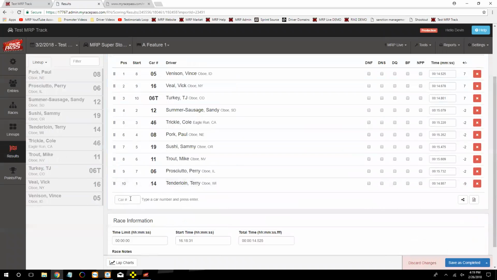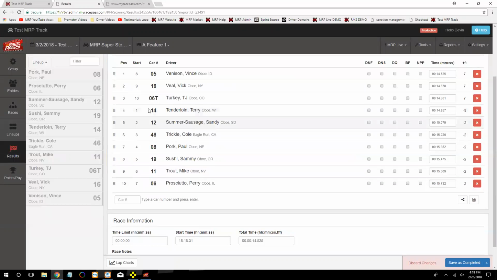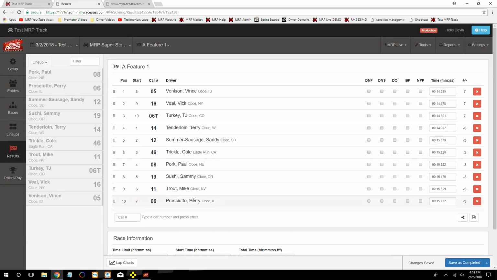If we had any drivers, let's say Terry here, let's say his transponder had something happen to it. If there's a discrepancy, it will show up as a yellow if it's not able to match directly. Or if we needed to move anybody, we can just click and drag them where they needed to be in case something happened to his transponder. We'll save that here. It's saved, it's ready to roll. Go right back to